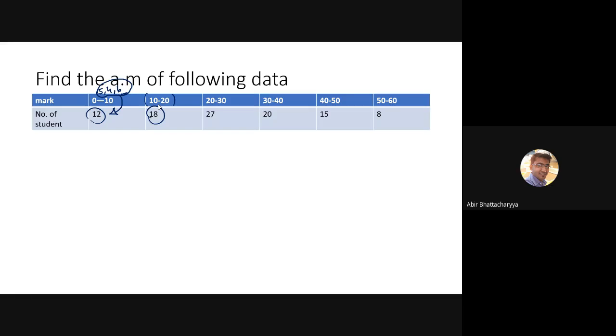Now you may ask me, in that case, the 10 is over here also. So if someone got 10, in which group will we collect his count? This is an important question. Whenever someone got 10 marks, at what point should I break the grouping? This is important, so think about that. Similarly, the next groups are 20 to 30, 30 to 40, 40 to 50, 50 to 60.